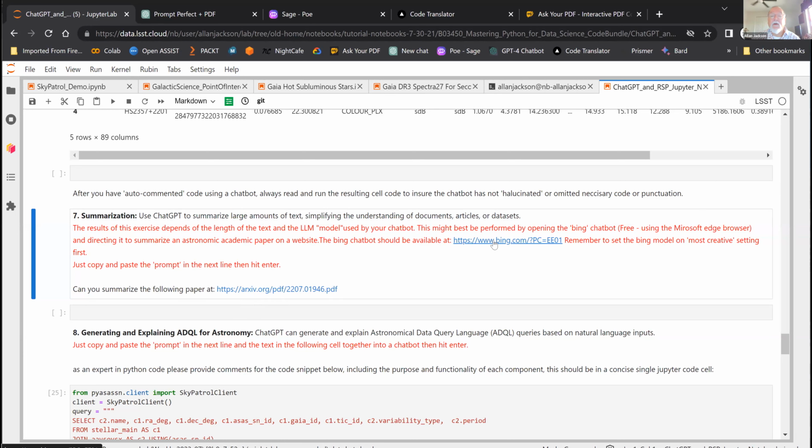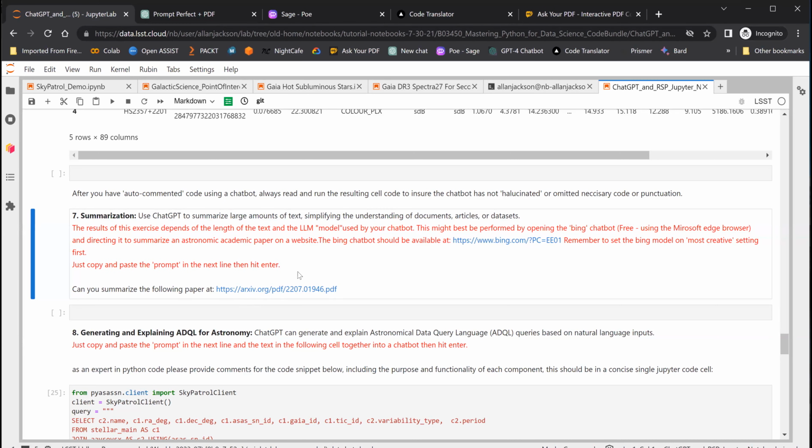Hopefully I got it. It looks like it did it for me in Poe. Oh, it did it in Poe, really? I think so, yeah. Wow. I didn't know that. It gave me something. I don't know if it's right, but it gave me something. Interesting. It looks like when I go to Bing, it's asked me to download Microsoft Edge. Is that okay? Yes. It runs in Edge, and